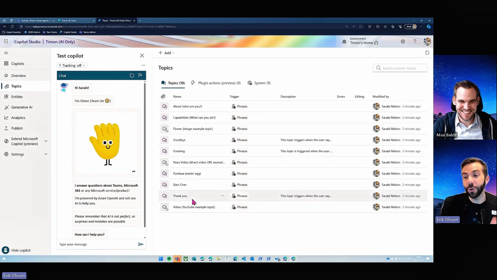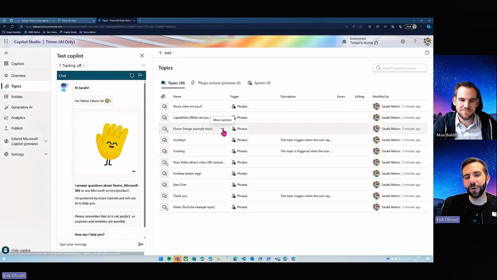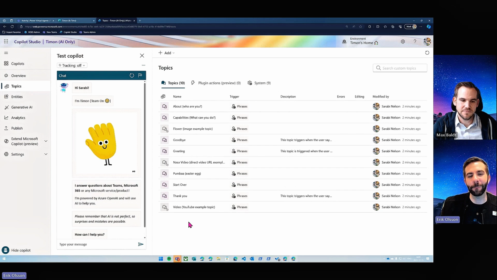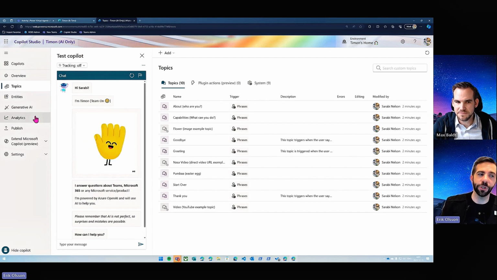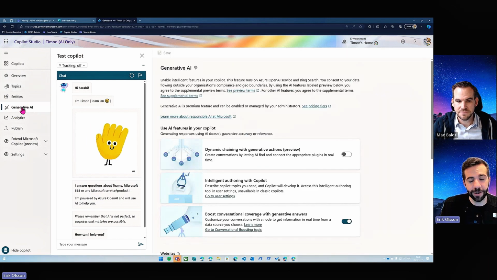So here, if you compared it to the AI Hybrid version, you can see that we have very, very few topics. We don't have anything that is manually curated, and we don't need to with this version. I will show you why. We're using the built-in capabilities. So in this case, I'm just going to show you one place. There are many places to get to similar options, but if I go to generative AI here in the US deployed version that we have here,